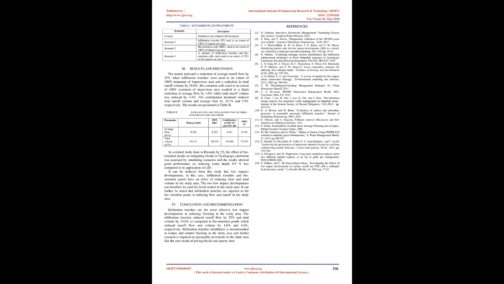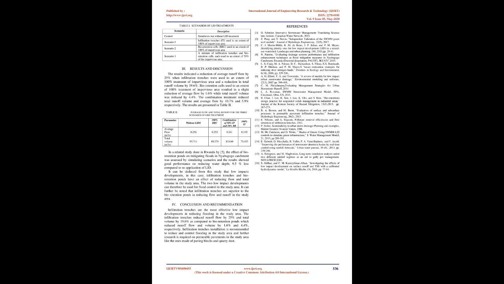Table 2. Average flow and total runoff for the three scenarios of LIDs treatment. Parameter: without LIDs, 100% BRC, combination of 50% IT and 50% BRC, 100% IT. Average flow, m3/s: 0.256, 0.252, 0.241, 0.192. Total volume: 93,711, 89,579, 83,640,